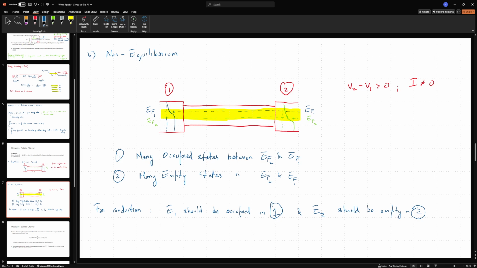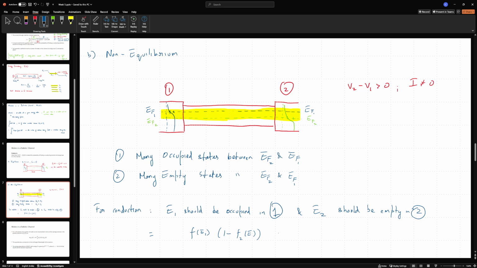So what is the probability of this event occurring? These are two independent events, so I can just directly multiply their probabilities to get this total probability. So this is going to be f of E1, because that is the probability of finding an electron at energy E1, essentially probability density, and this should be empty. So the probability is going to be 1 minus F2 of E,